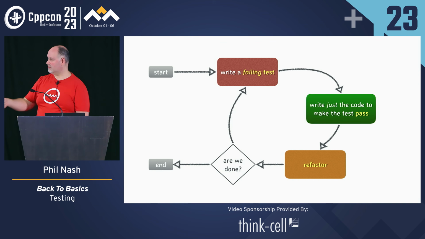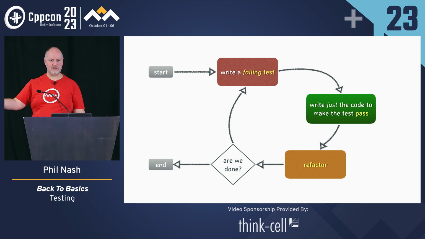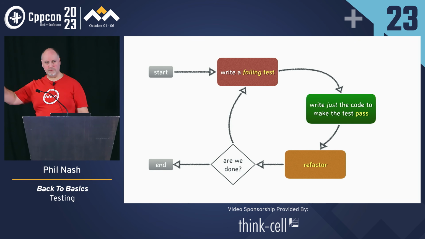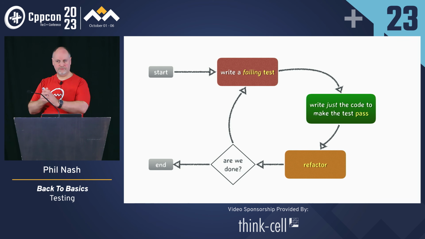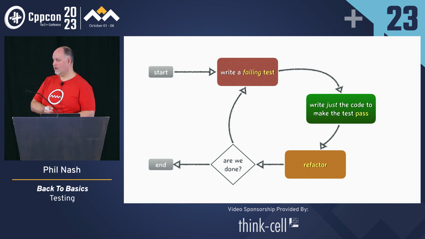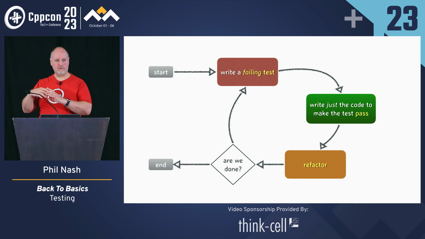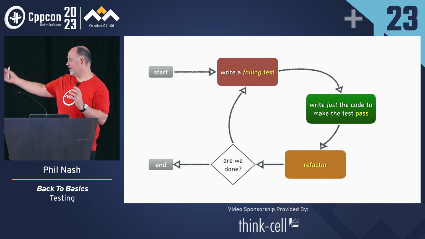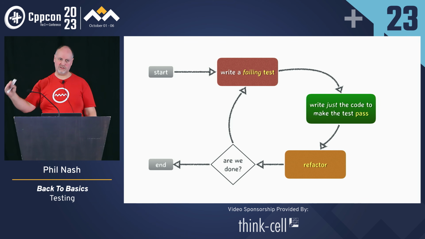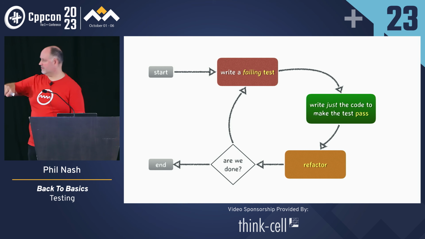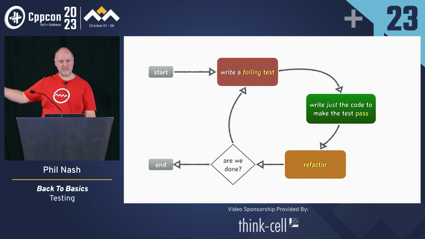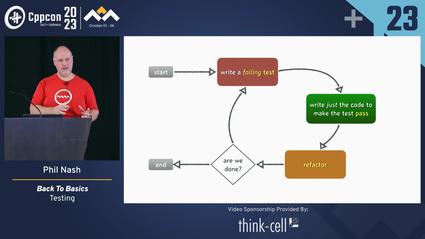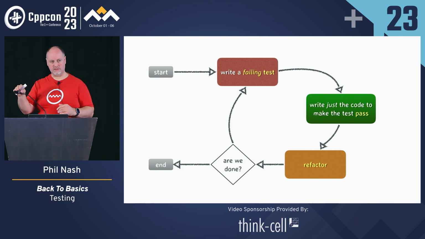We're not writing an implementation because we want just the code to make the test pass. Return a dummy value if you need to. And if you're testing some implementation, then you write the minimal code to make that test pass. We're not worried at this stage about writing clean, well-factored code. It's ironic, but that's what we want to end up with, but we're not doing it at this stage. We just want to get to green as quickly as possible, hence the word "just" in there being highlighted. Because we have a separate section, the refactor step, where we do clean up the code. We don't do that until we've got to green.